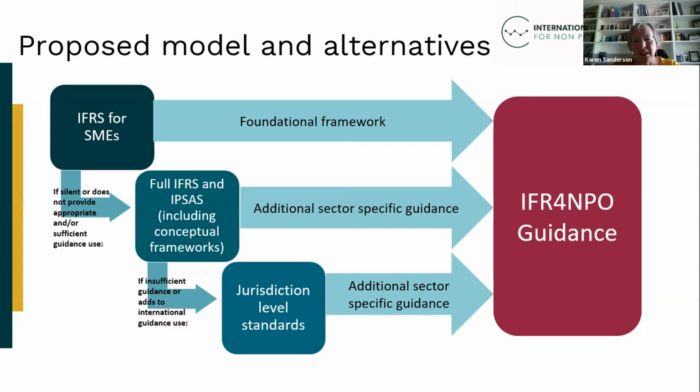So by adopting this model that uses all of the guidance that's available out there, we think that we can build in the most appropriate elements of existing guidance without having to start from scratch. And the alternatives that we will discuss shortly utilize this model to varying degrees, but not all follow it. Because obviously we're still seeking feedback on the model as part of the consultation paper, so we don't assume that that's where we're going to land, and that there are alternative approaches that could be taken.